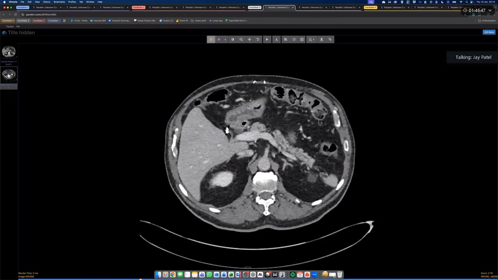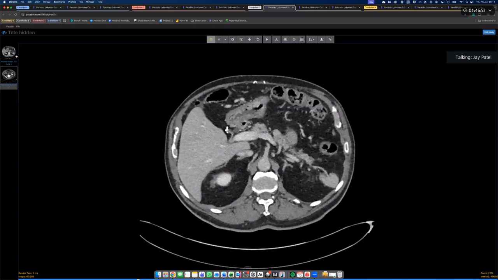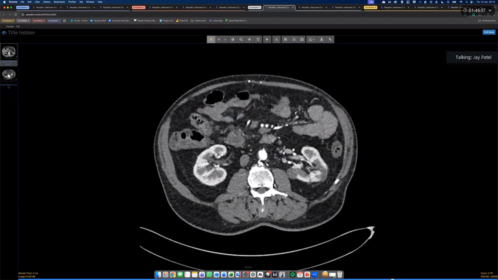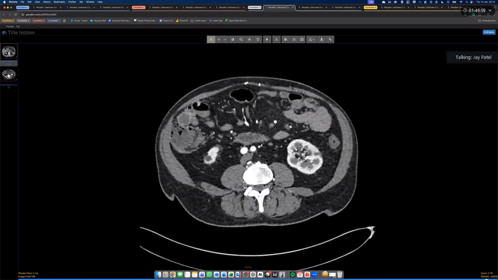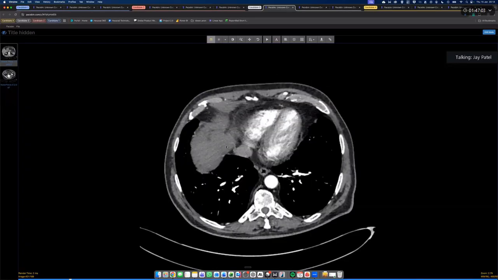Let me take over the mouse again. Yeah. Very well done. So I gave you an arterial phase examination and a portal venous phase. This is a very common indication, specifically in the UK, but it's reasonable to have this abroad and overseas as well. Patient with new onset diabetes or sudden acute worsening of handling of diabetes,